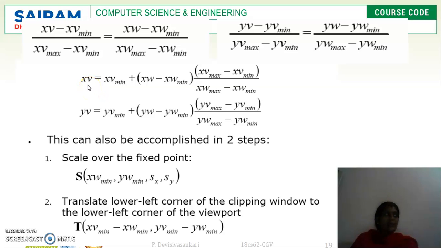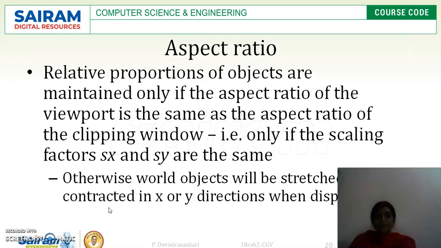We can get xv as well as yv as xv min plus (xw minus xw min) times the scaling factor. This (xv max minus xv min) over (xw max minus xw min) is called the scaling factor sx, and this is for sy. Okay, so this can be easily accomplished by using the scaling operation as well as the translation operation, right?